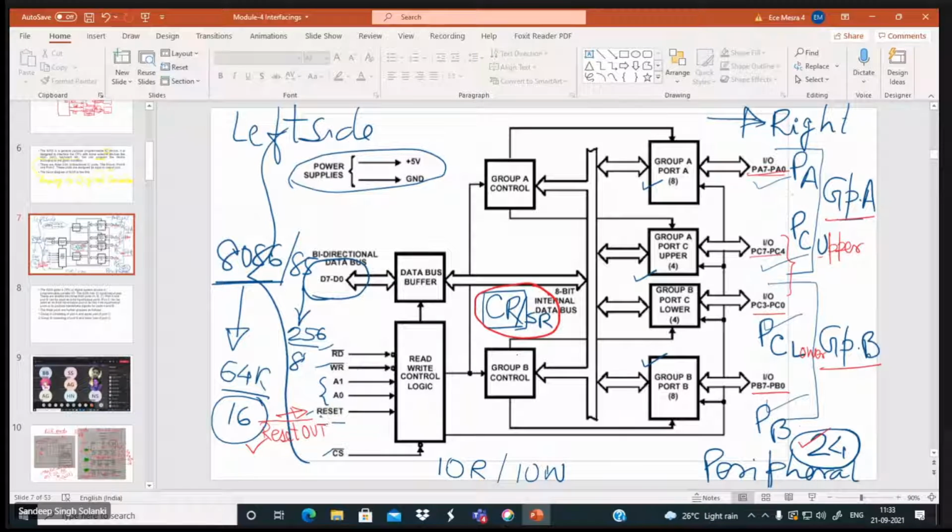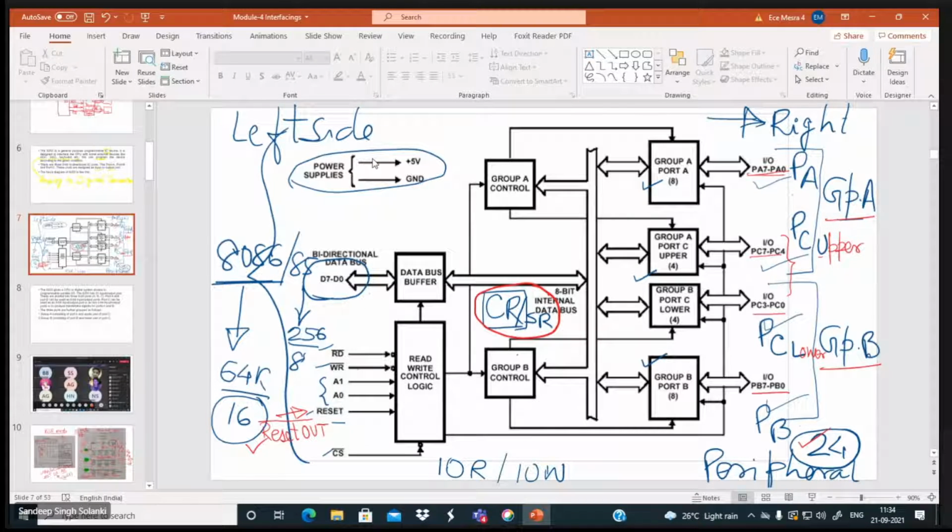Some of you must respond. Here, I am saying that after 32, 34, 35, 36, 37, then 38, I think I'm doing a wrong calculation. 24 plus 8 is 32.